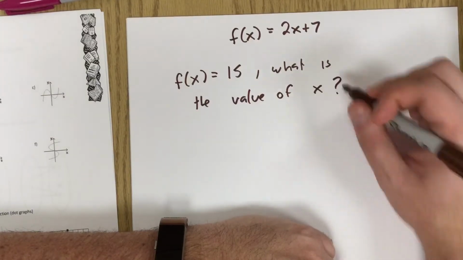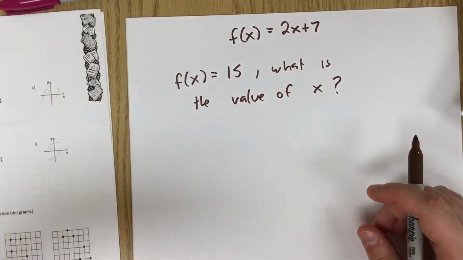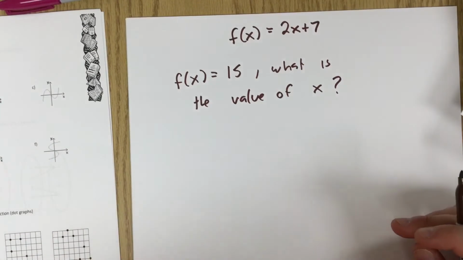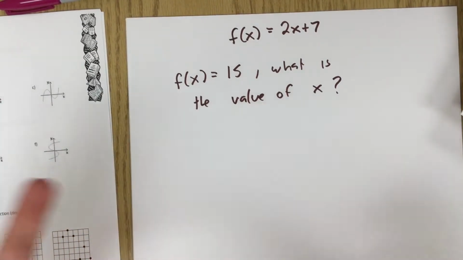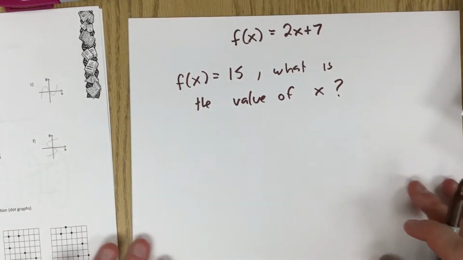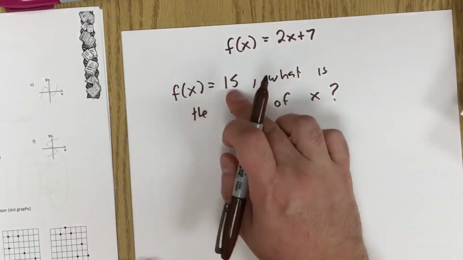So what I've been doing up to this point is I've been giving you the value of x, and saying find the value of the function. But we could also go backwards. You could be given the value of the function and try to find the input for it, try to find the x. So if f of x equals 15,